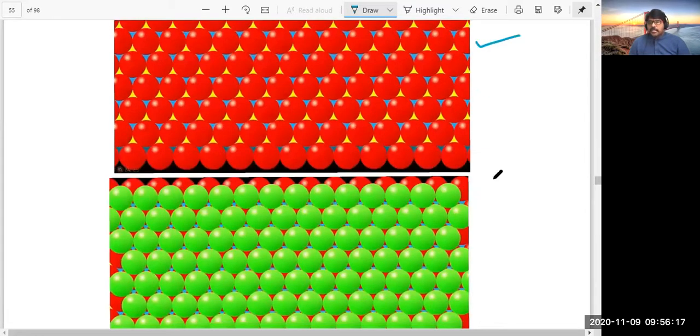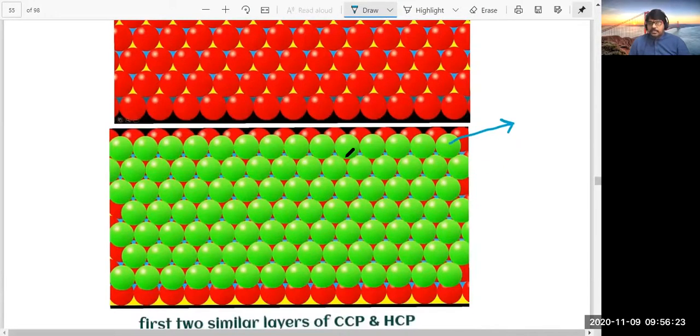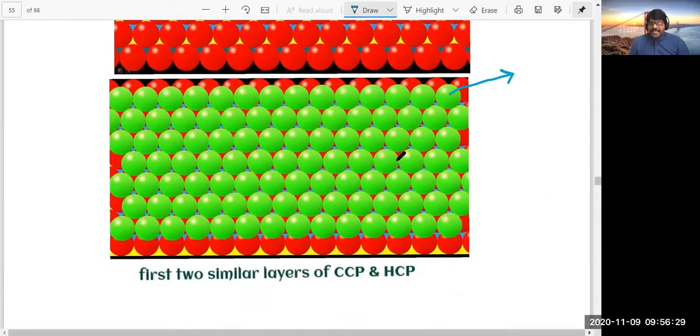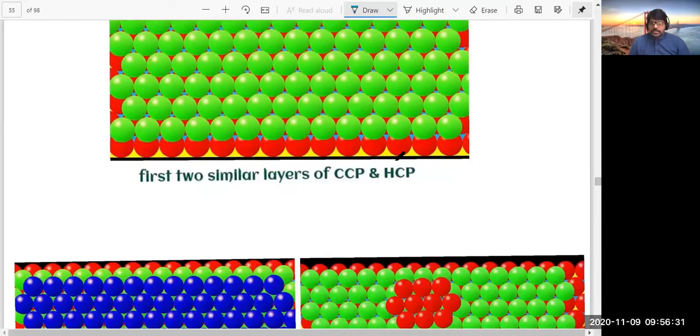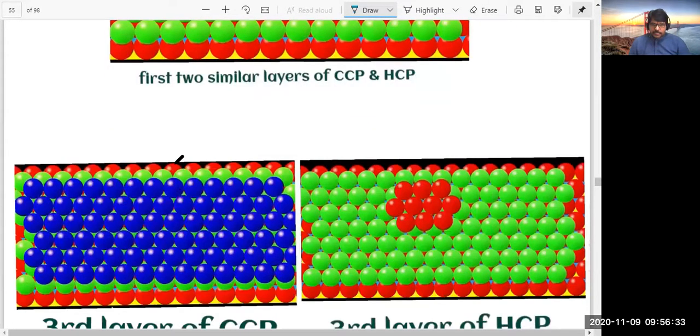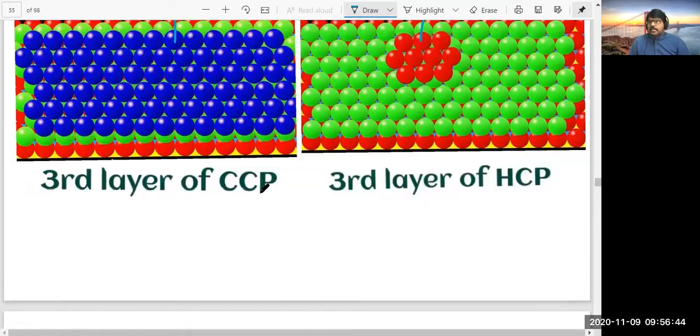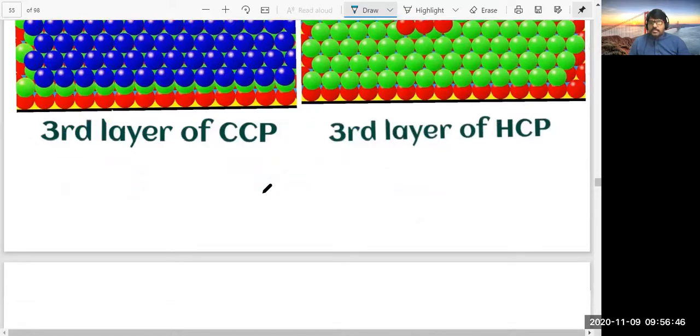And these are the particles of the second layer of both CCP and HCP. But here you can see the two types of voids, blue colored octahedral voids, red colored tetrahedral voids. In the CCP structure, the particles of the third layer are occupying octahedral voids, but here the particles of the third layer are occupying tetrahedral voids. That is the difference.